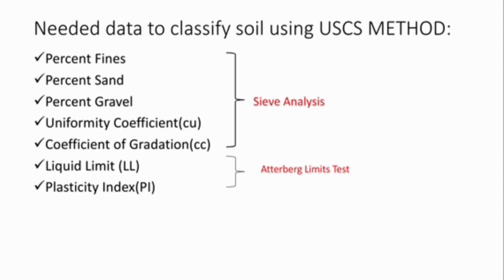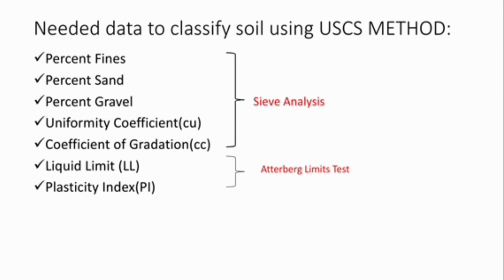Next, the needed data to classify soil using the USCS method: percent fines, percent sand, percent gravel, uniformity coefficient, and coefficient of gradation. For these we will use the sieve analysis, and for liquid limit and plasticity index we will use